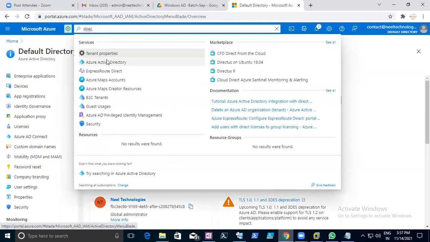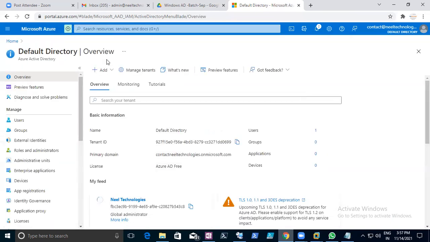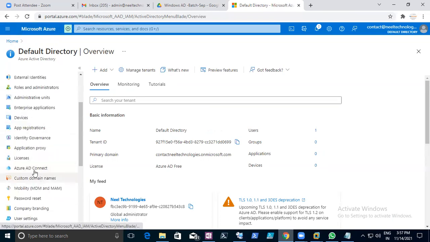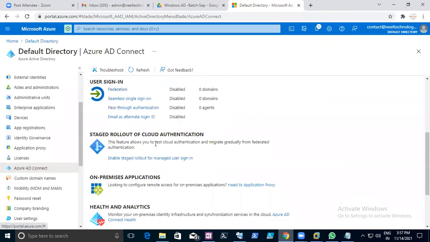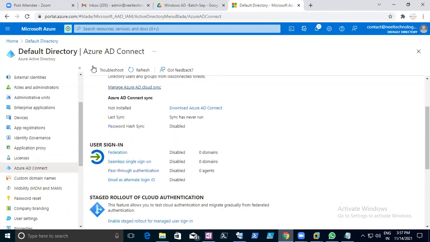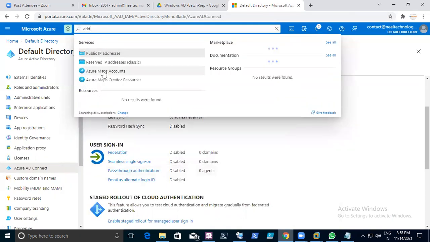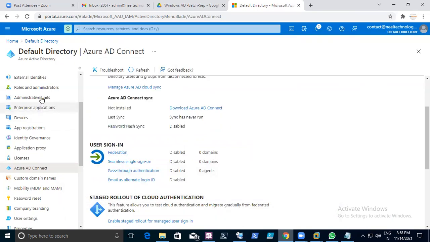I think Azure AD Connect should be required, right? Yeah, here only it should be. It was showing the add option. If you go to the default directory, it was showing add.